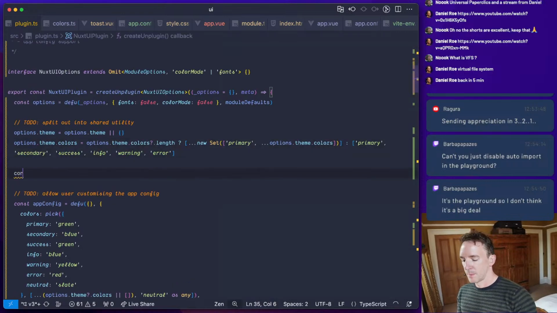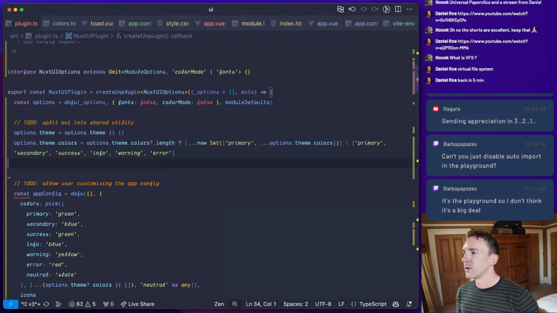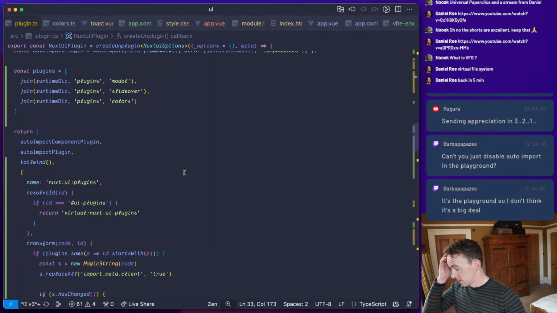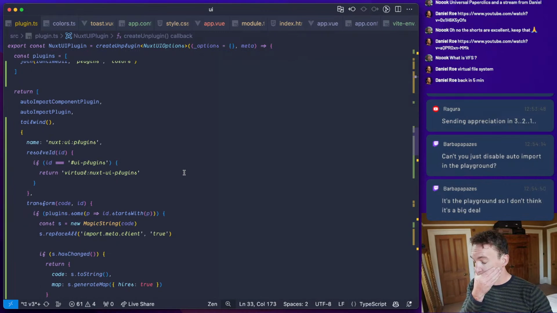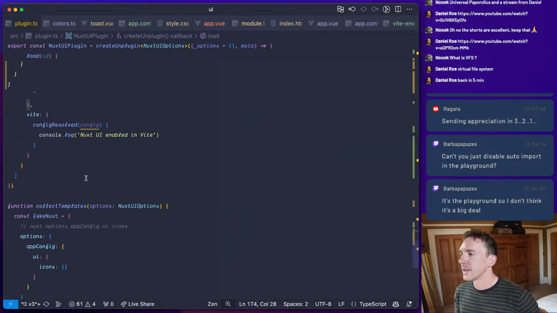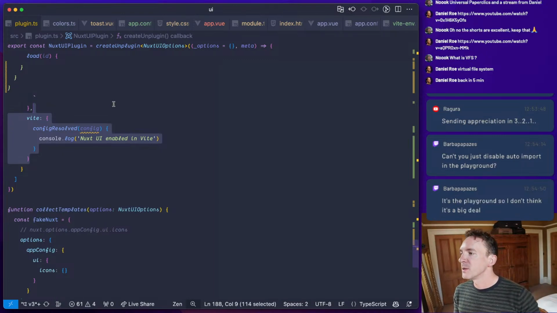So const Jitty equals create Jitty. Interesting. I think we need to do this in our Vite config resolved thing. Basically, because we need to know where this is being run.